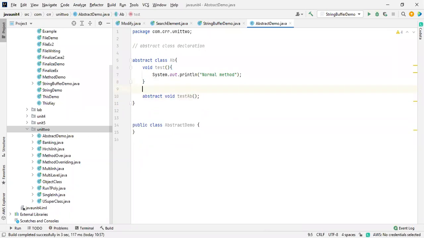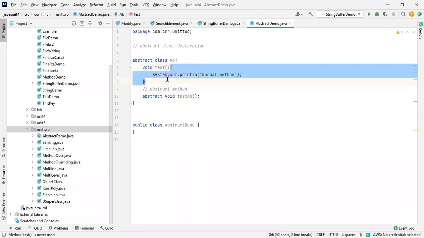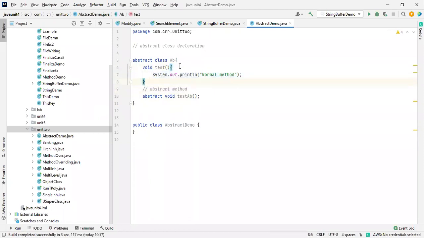Very important, this is a new thing you have to learn. Normal methods have an implementation, the statements in between the block, but the abstract method doesn't. Remember this. You may ask, sir, then where are we going to implement this?